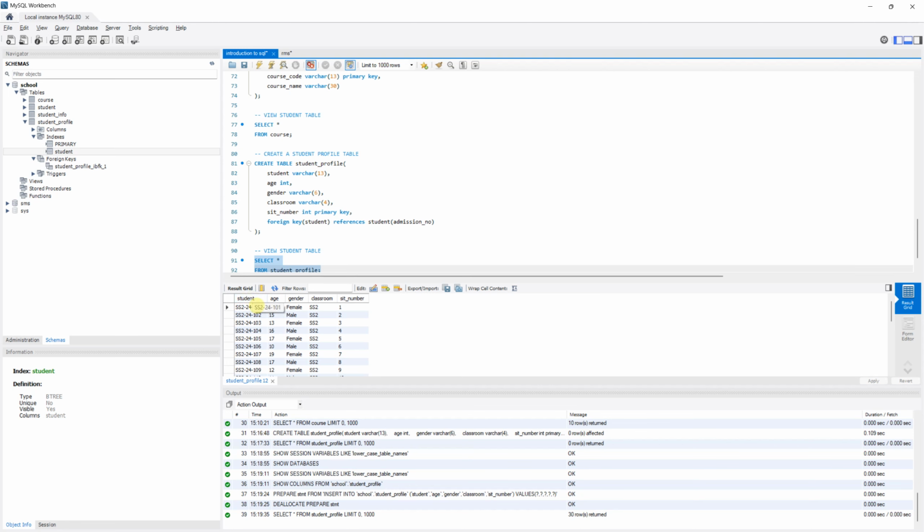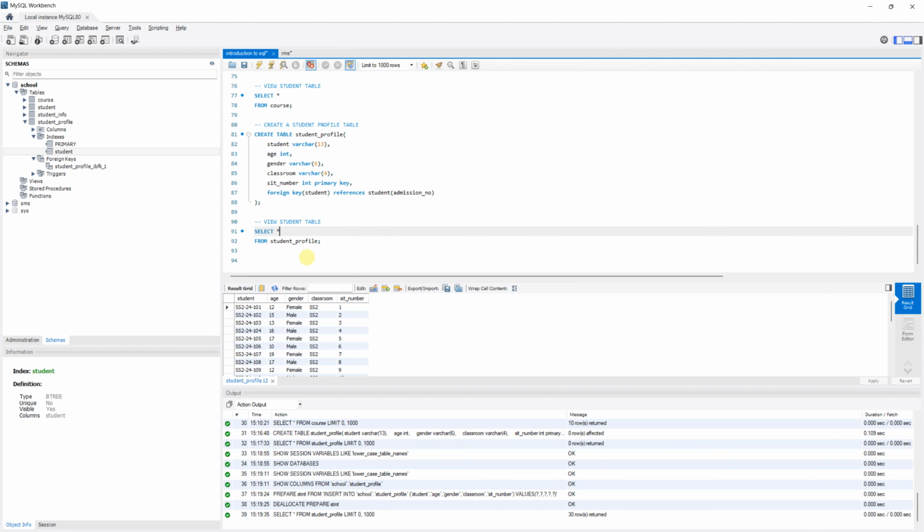our student profile information. Now I'm going to do this last thing before we leave. The one thing I can do is I can join our student profile to our student. How would I do that? Remember that we have a similarity between student profile and student, which is what? Admission number for the student, and for the student profile, students, right? So I can use that as a connecting point, as a bridge. How would I do that? So I'll just put join student and student profile